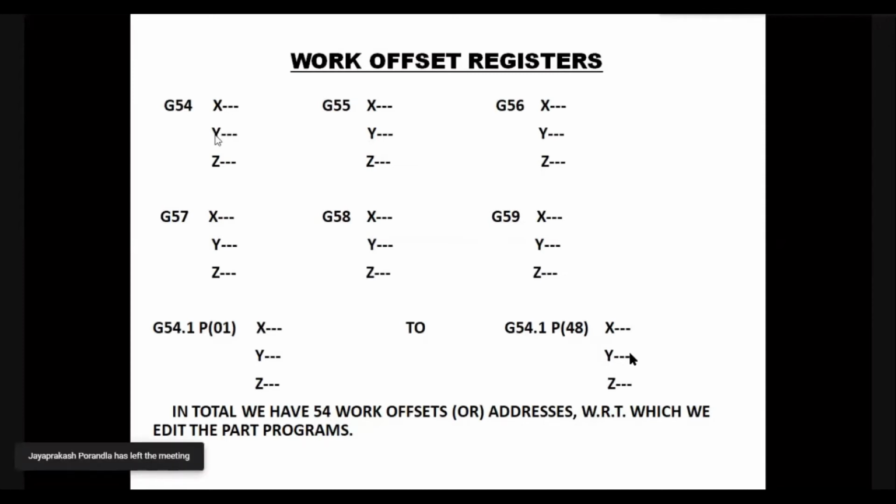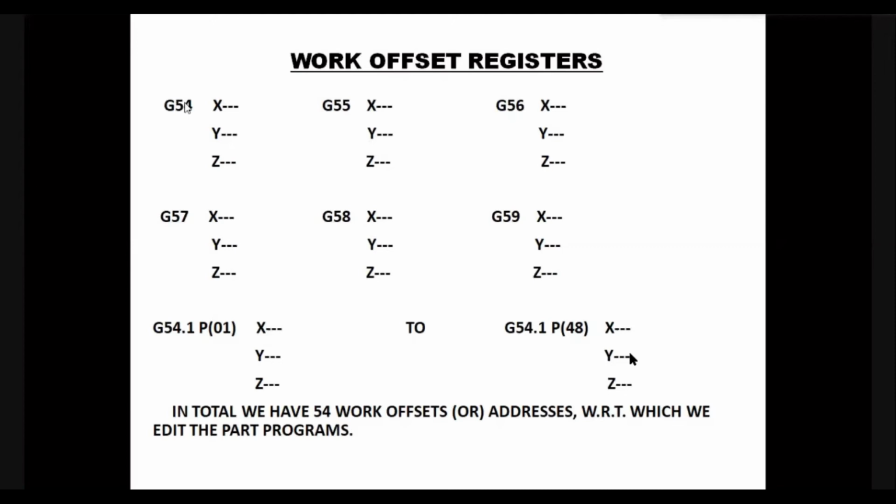These work offset registers will be available like tool offset registers. When you press the key, 3 screens will be there. One is for tool offset, another is for work offset, and the third is for the graphical representation, which will be displayed by the machine. In that area, you select one particular offset number. For example, for simplicity and convenience, let us select G54, enter the x', y', and z' values, and these values can be saved. With reference to this particular point, G54, our program will be written.